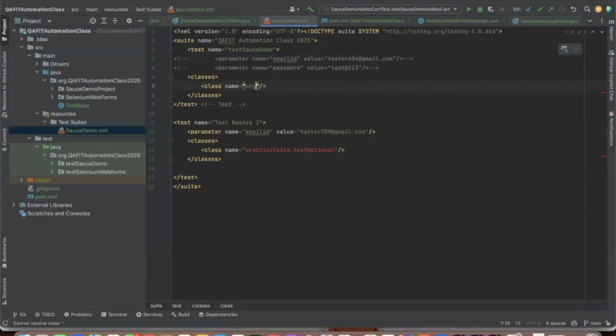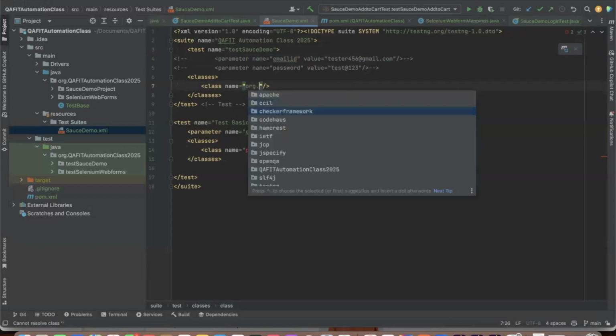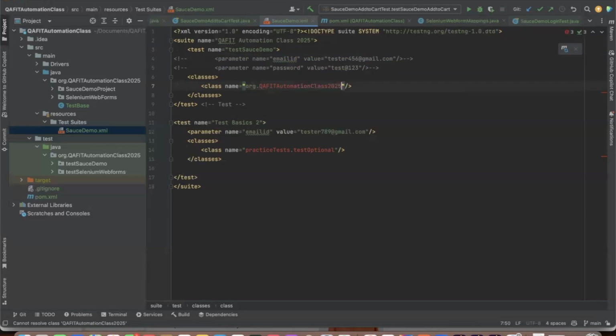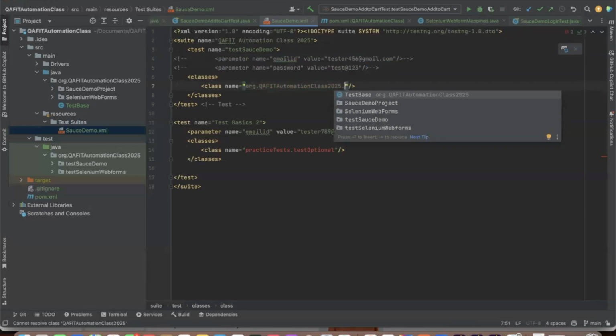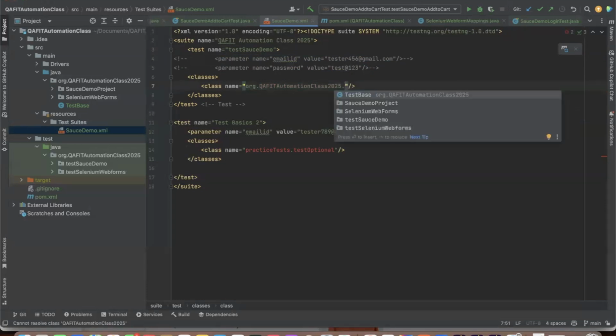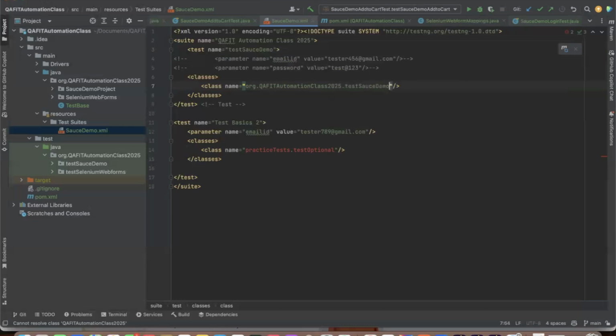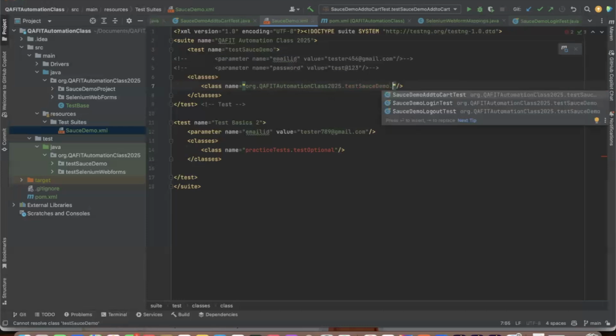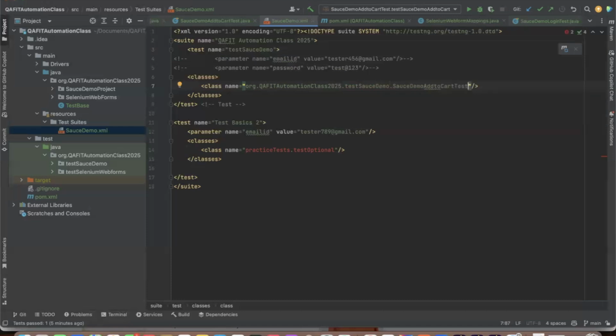So dot qafit dot source demo project. No, it's going to be dot test. Yes, test source demo dot, what test do we want to run? Add to cart. So we can do add to cart test, and then we can do,